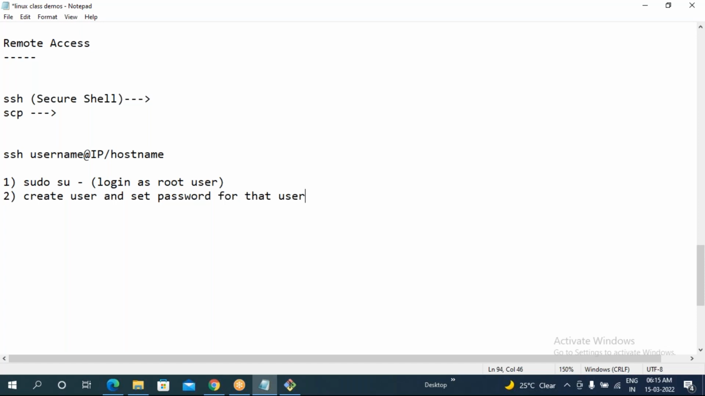You know all these commands, right? How to create a user, how to assign a password for the user, you know all those things. Already you are aware of. Anyhow, one more time also we'll do. We have to create one user and we have to set a password for that user. Once it is done,